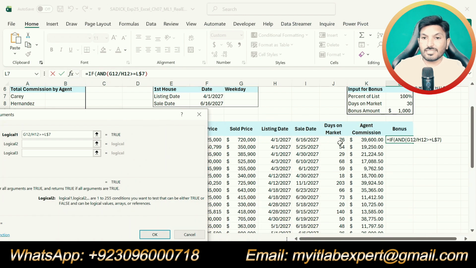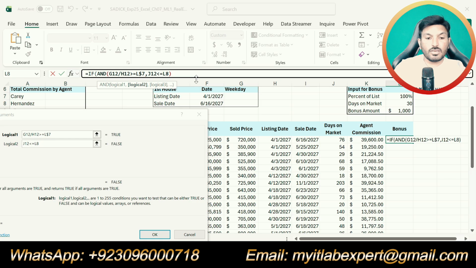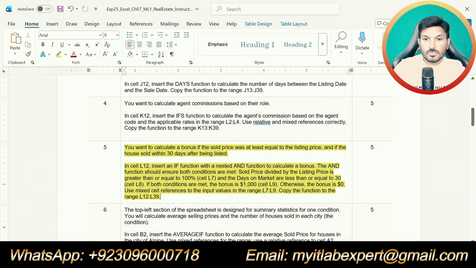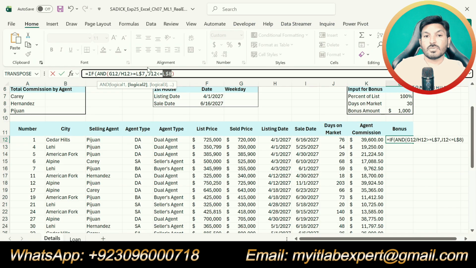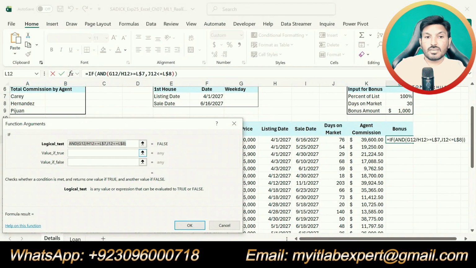Days on the market, that means J12 less than or equal to 30, that is L8. So these are the two conditions for the AND function. Now we will use the condition for the IF function.